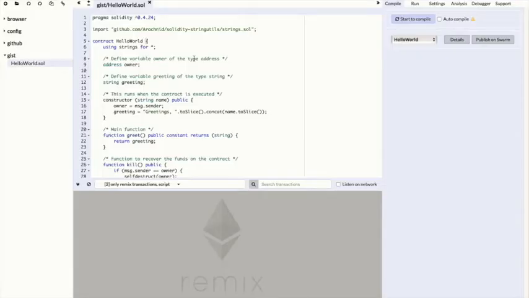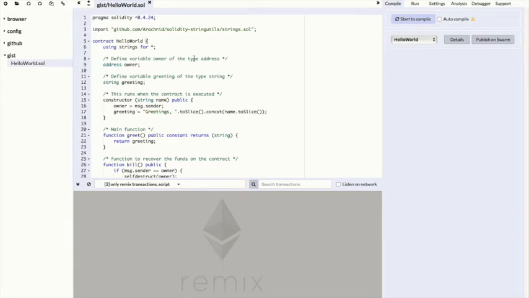We are going to write our first program on blockchain. The program will be a classic Hello World program that greets the user. The blockchain that we'll be using today is Ethereum. You can learn more about Ethereum by going to ethereum.org. We shall have that link down in the video description.